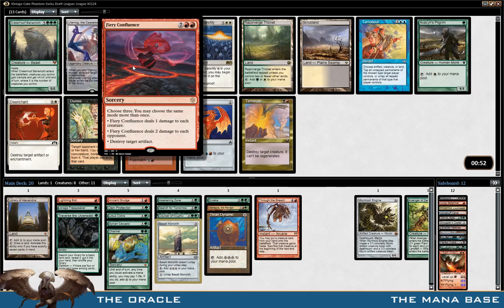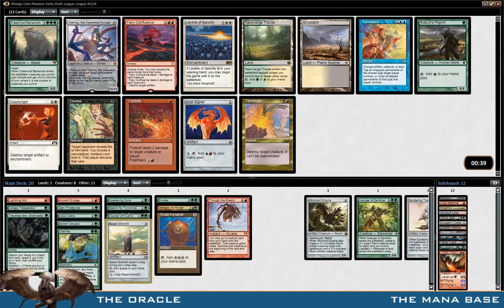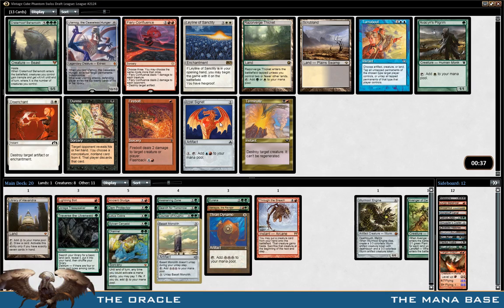Fire Confluence is great. I think as far as fatties go, we'd rather have Ulamog over Craterhoof, mostly because of Channel. And I think we are gonna pick Ulamog, yeah. Kinda like it's a Signet and Confluence, but...